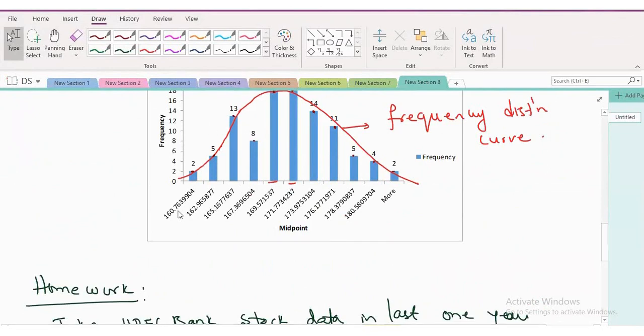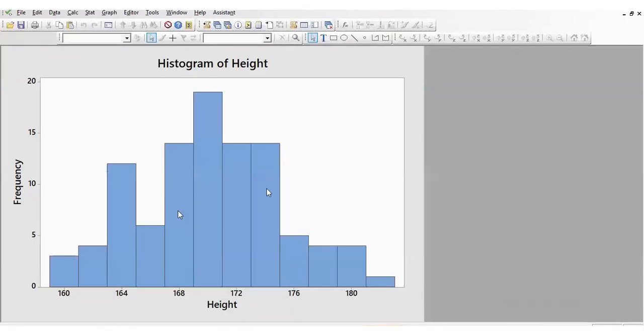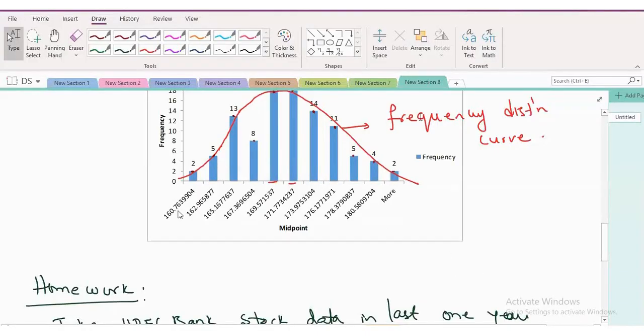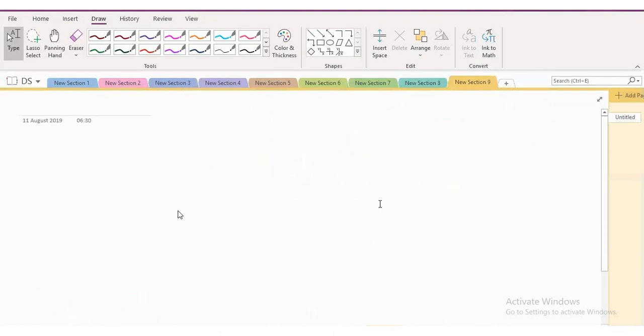All are getting? So this is Minitab. What is there to teach? But you need to understand, look at this, where it is falling. Around 170 only. The average is falling around 170. That's what is more important. The spread of the data is around 160 to 180. That is the spread of the data. So it is having this kind of shape. We are going to deal with shape in detail. Let's not worry for the time being. Any questions? Okay. We'll come back to the histogram again.